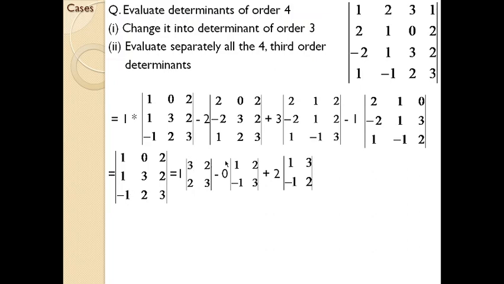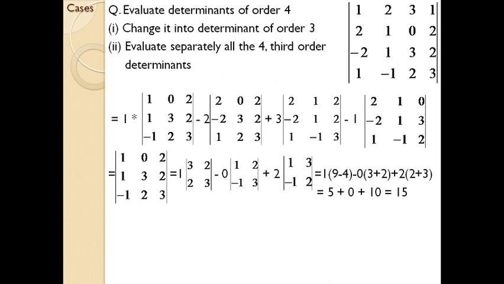So the computation of this can be done as 1 into 3 into 3, 9, minus 2 into 2, 4. Here the minus sign is a default sign. Minus 0, 0 into 1 into 3, 3 and minus 1 into 2. Minus 1 into 2 you will get minus 2, but within this bracket there is a minus sign, so minus and minus will become plus. Next one, plus 2 into 1 into 2, 2 plus minus 1 into 3, it will be minus 3. The same concept, within this it was a minus sign, so minus into minus will be plus. By solving that you will get 15.